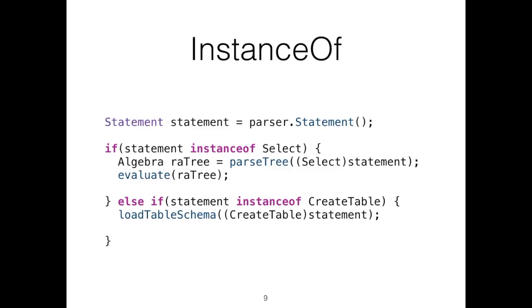Now, there's one particular piece of Java syntax that I want you all to be familiar with because it doesn't come up in a lot of cases. But since Java doesn't explicitly provide a union type, a way of implementing union types, this is something that you should know. So there is an operator in Java called instanceof. It takes an object on the left-hand side, and it takes a class on the right-hand side. So I can say statement instanceof select, and that returns true if